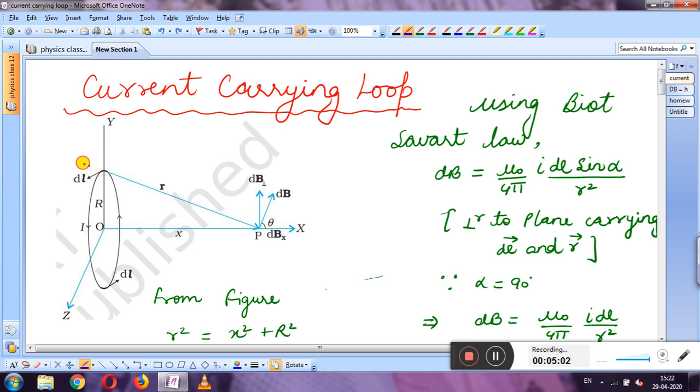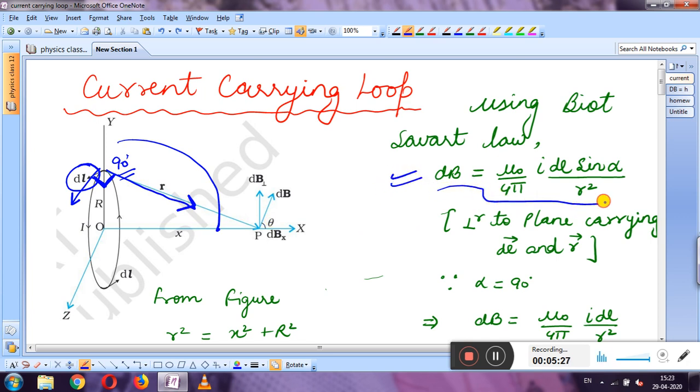So all these planes are mutually perpendicular to each other. Now again, understand: this dl is present in the YZ plane. This r vector is in which plane? XY plane. If the planes are perpendicular, then we can say that dl and r vector will also be perpendicular to each other. Now why are we finding this out? Let us come here. Using the Biot-Savart law, due to a small current element, we can write the magnetic field as mu naught upon 4 pi, I dl sine theta upon r square. We used to write theta here, but we will consider another angle as theta, so we have not taken theta here.